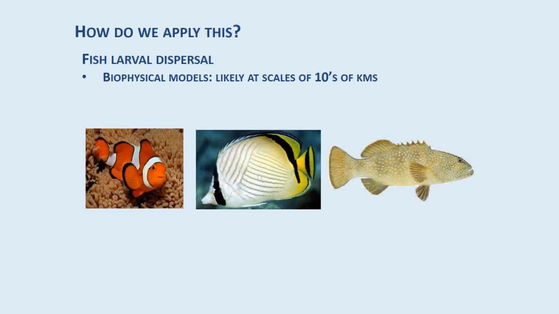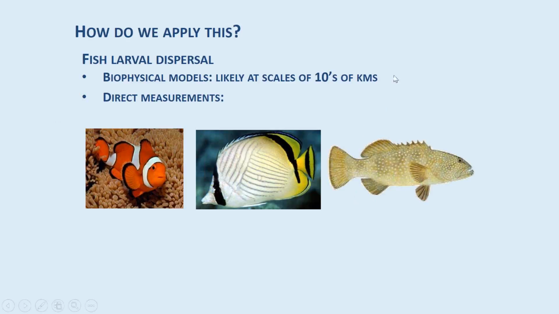For many years we had to use fish larval dispersal models, which predicted based on the biology of the key species, such as how long they're in the plankton, and the physical features of the area, such as the currents, directions and so forth. They predicted how far they moved, and they predicted 30 to 50 kilometres or hundreds of kilometres.